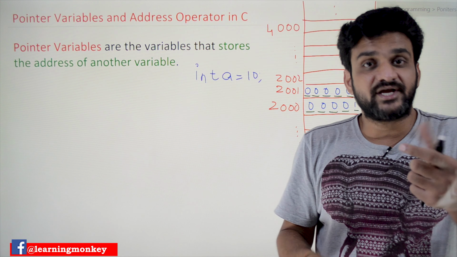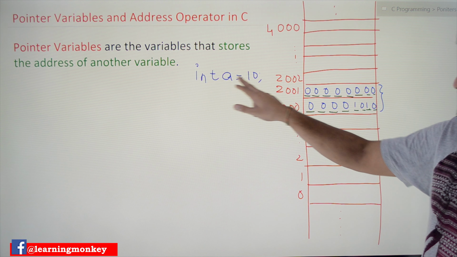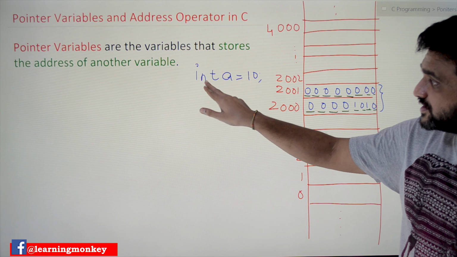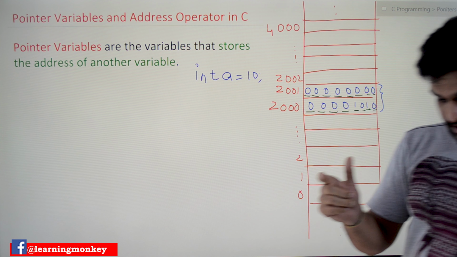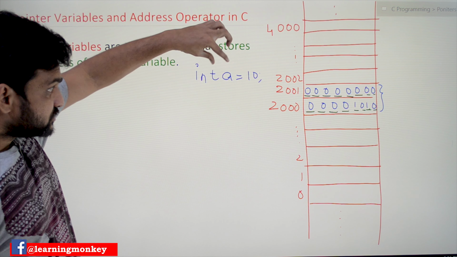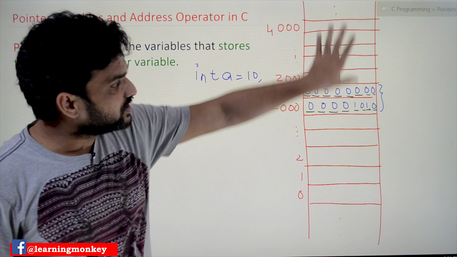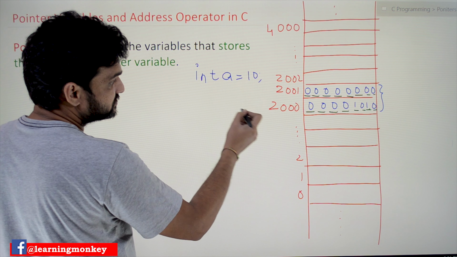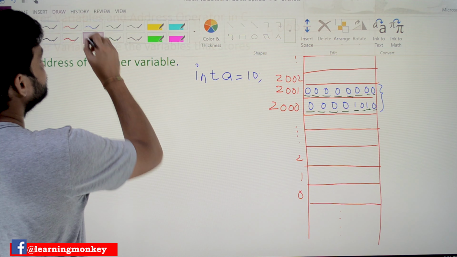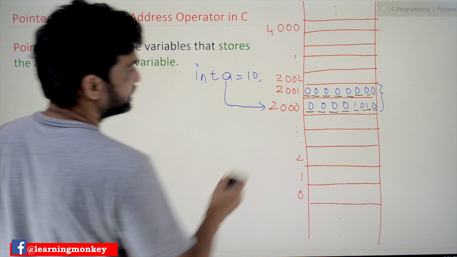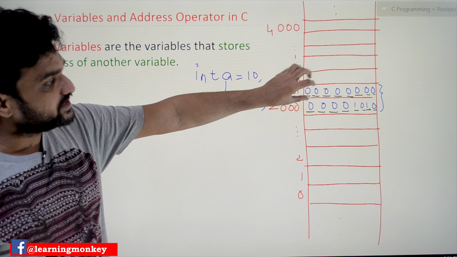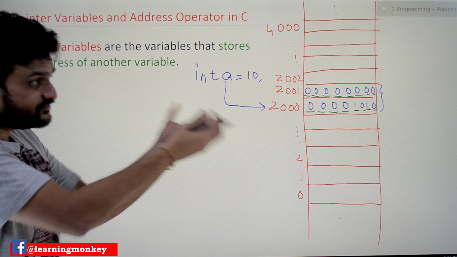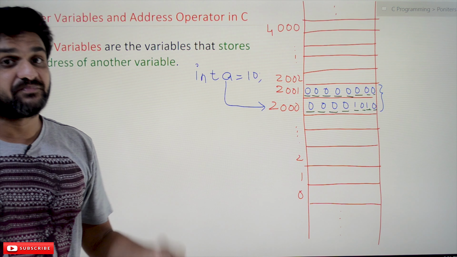Let's try to understand this within an example. Int a is equal to 10. A is a variable which is capable of storing integers. This is how we are going to store the values onto the memory. And a means it is the address, so the compiler has allocated the address 2000 for a, and 2 bytes have been taken by the integer, so these 2 bytes will get accessed whenever we use a. These kinds of visualizations we had in our previous videos.